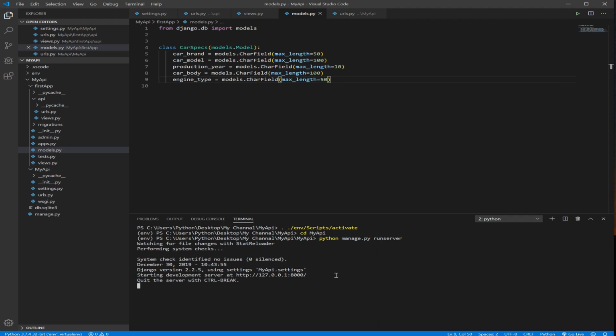Okay, it didn't give us any message about the data because it's not a new app, it's within the app that we already created. So we know that after we create any model, now we need to run the migrations. So what we run first is